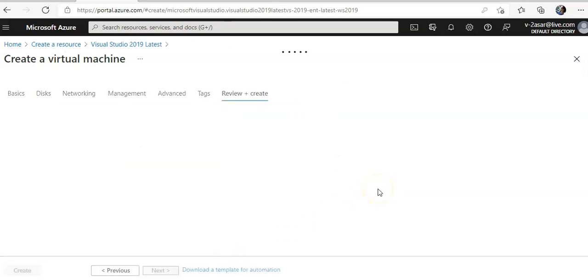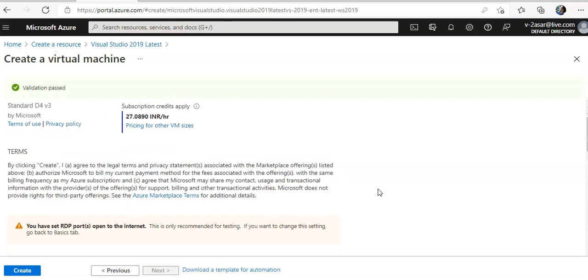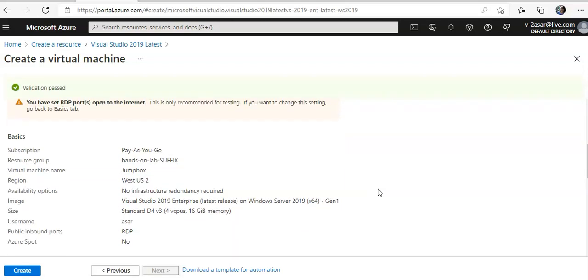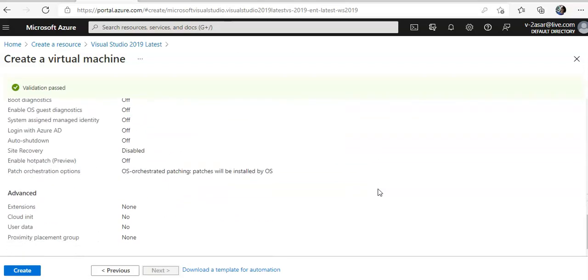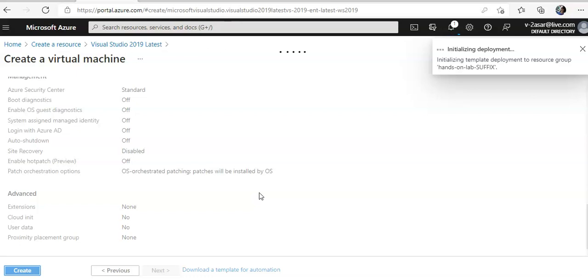Tags. Review and create. It will do the validation test. Validation has passed. And you hit create, and it will start the deployment of the virtual machine. All right. This will deploy it, and